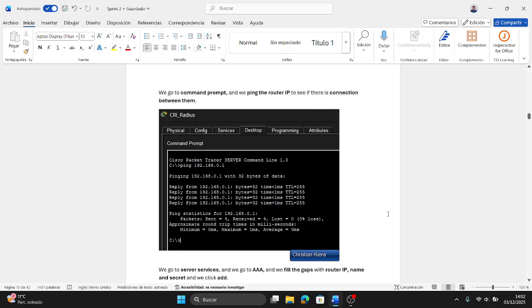We go to the command prompt of the Radius server in the desktop menu, and we do a ping to the router to see if there is connection between them. We have to see the replies from the router.